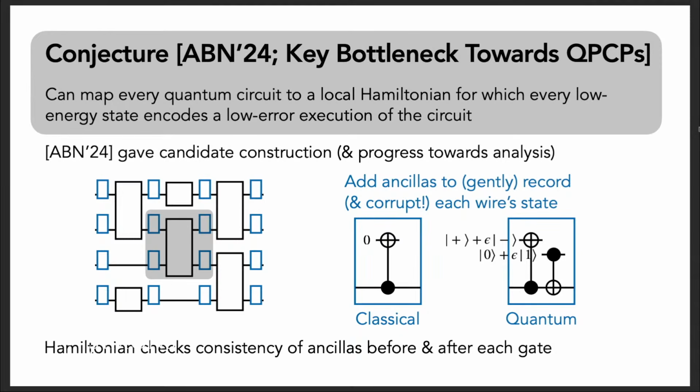And so what we'd want to show is that every low energy state, so states that aren't the ground state but still decently low energy, correspond to low error executions of the circuit. So executions of the circuit that now have this weak depolarizing noise and some adversarial errors. But it's still not known that there couldn't be some low energy state with totally crazy noise. So that's what we'd still need to prove with this conjecture.